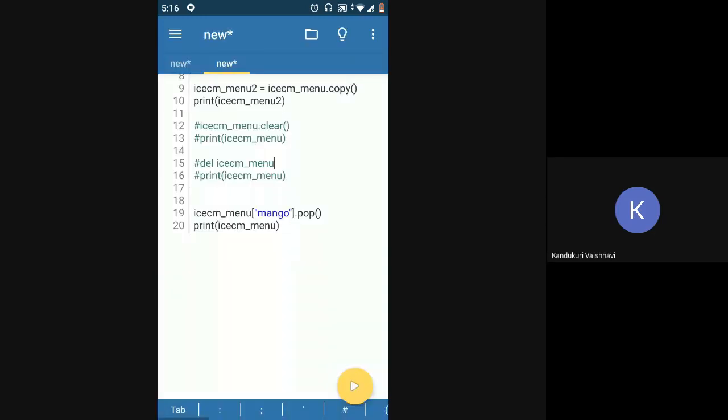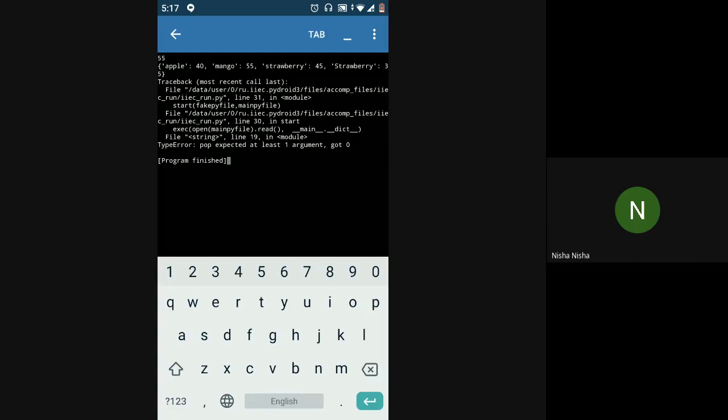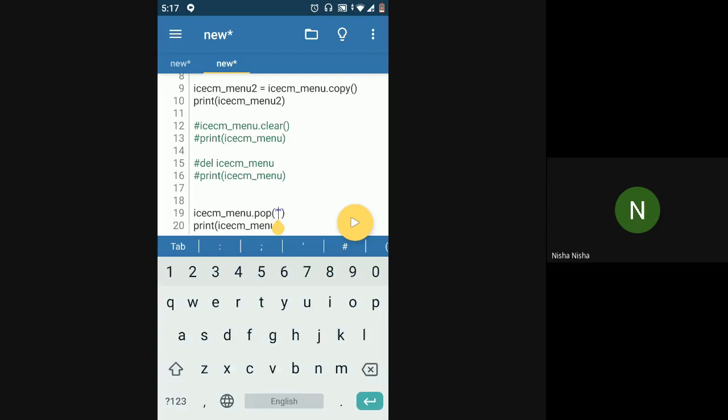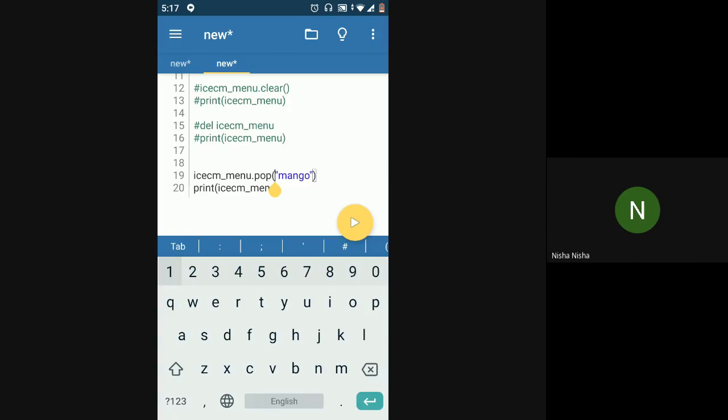What is the meaning of pop? Pop will pop that element, that is, it will remove that element. Whatever you specify inside this pop function will get removed from the dictionary. So now this mango is removed and you only have the rest of the key value pairs. So pop is basically removing from the dictionary. So it will just pop that element from the dictionary, which is, it will remove that element from the dictionary.